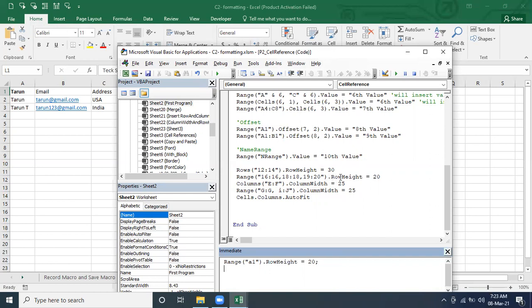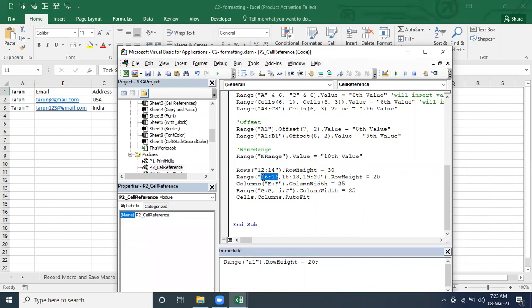The row height plus 20. Okay. Do you have to have a semicolon? No. Here it is asking, so when we are going to define this one, row height, we are talking about only one cell. I'm saying you have a semicolon in 20? Okay, not required.